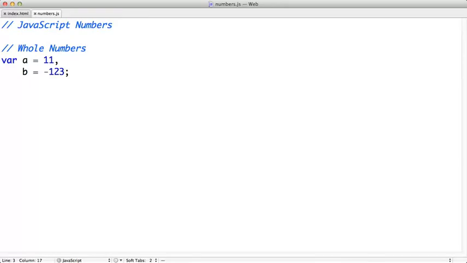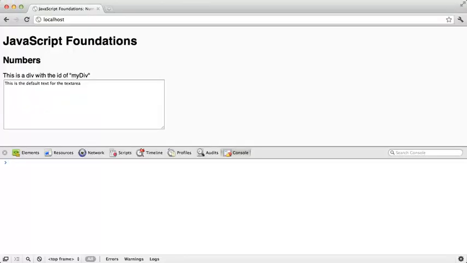Now we can also use the decimal point to create numbers of arbitrary precision past the decimal point. So let's create variable c. And if we wanted to represent the number 1.5, the way we would do that is by typing 1, period, 5. And we can add more numbers to that. For instance, we can make d equal 123.456789. So if we go back to our page and we check out the numbers c and d, we have the numbers 1.5 and